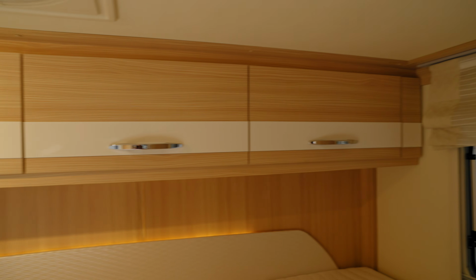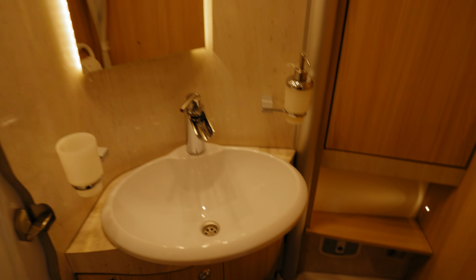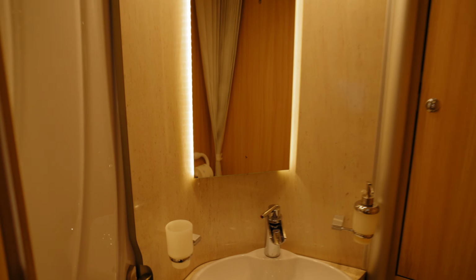Big storage on the top, handle and bathroom with a Thetford cassette toilet, pretty good amount of space with the sink. Let's get out,